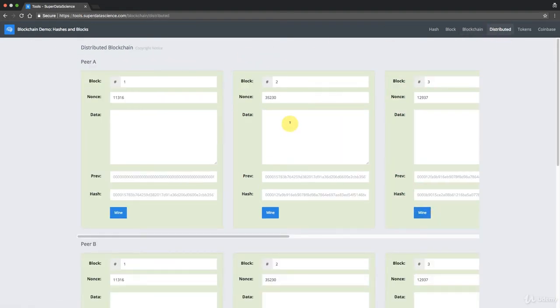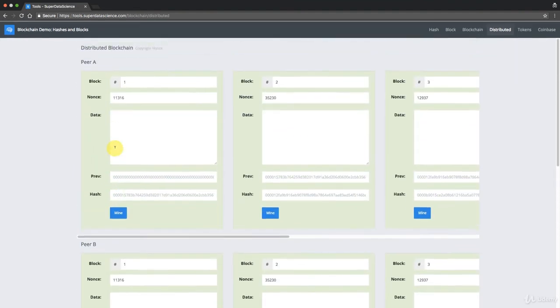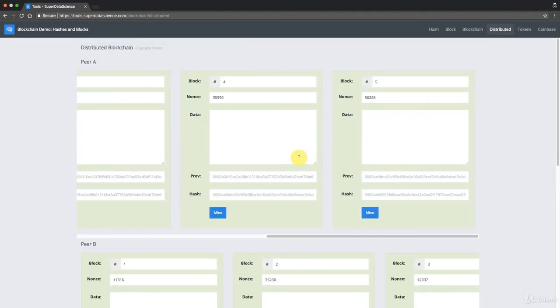Okay, and now we're moving on to distributed. And here we have the same blockchain, but it is with separate peers. So peer A has a copy, peer B has a copy, peer C has a copy. And so here we're just going to have a look at what we discussed in that